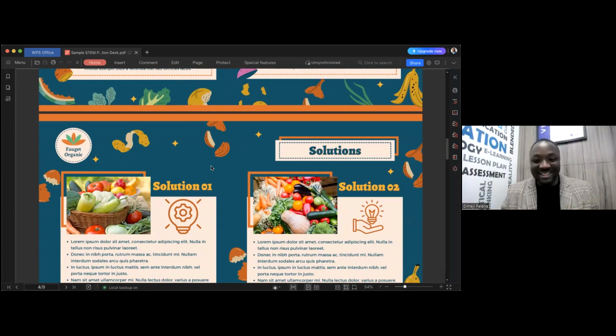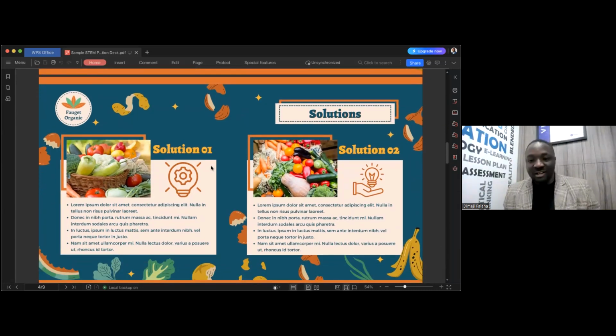Next one after problem is the solution. Solution has to be one solution to one problem or two solutions to two problems. And see now, we have provided 5 solutions. The most important aspect is the problem and then the solution that is combating the problem. Describe it with a picture and then put bullets on how you have solved this problem.